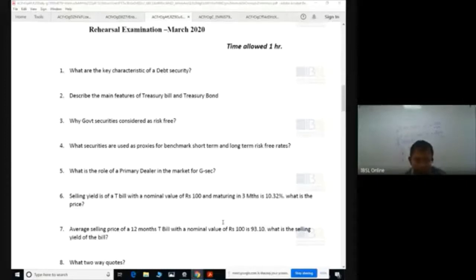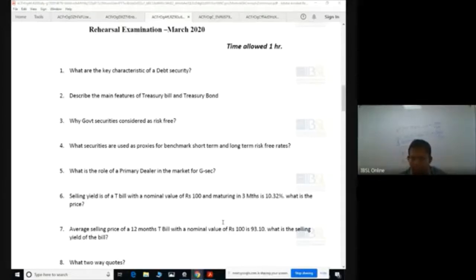Now see, we have characteristics of debt security. This is a question in your exam. Characteristics of debt security. So when you say debt security, which instrument suddenly comes to your mind? You think from the investment bank, you're working in the investment bank. So what are the key characteristics of a debt instrument? Now, if somebody says debt instrument in the exam, you always think about debenture. Then you write down the debenture features. Simple.